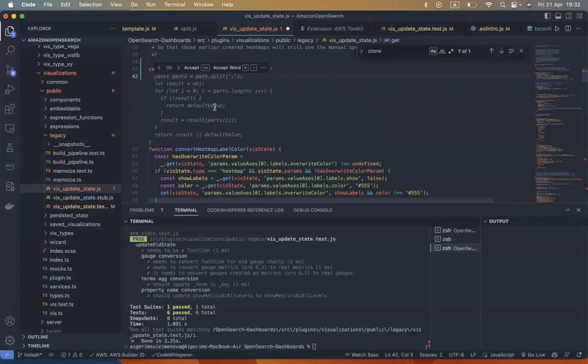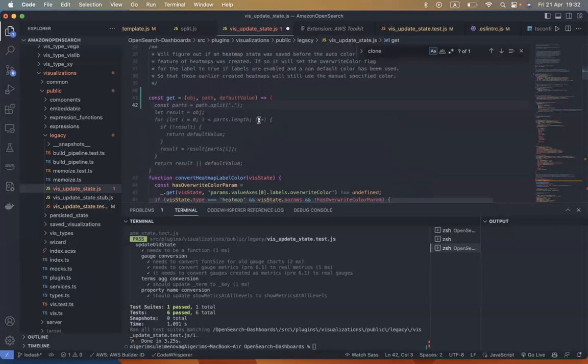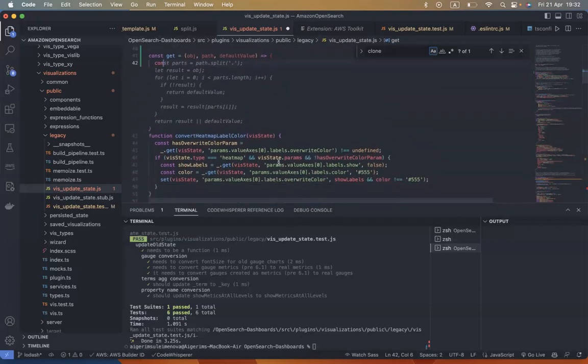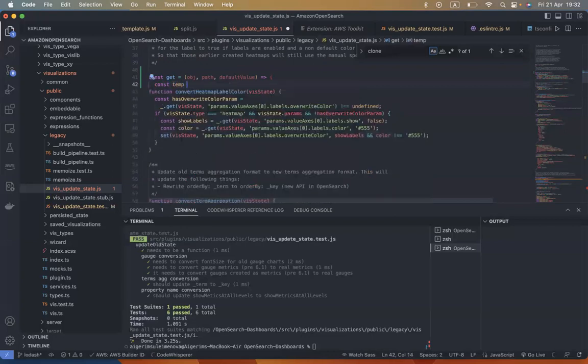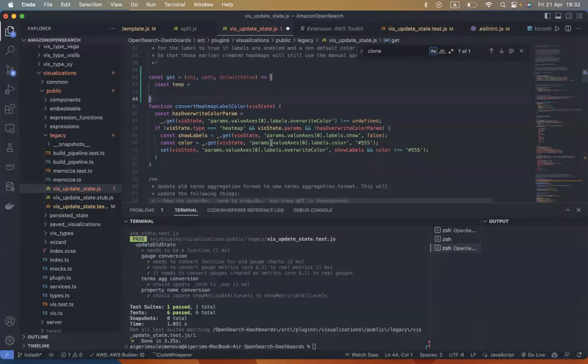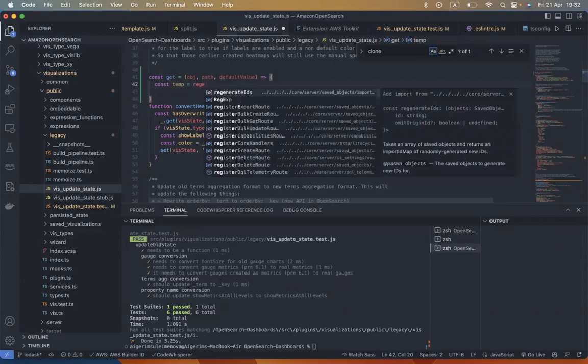However, I'm gonna write similar, but a little bit different logic, because here I have different usage of Lodash. So we need to create const temp, right? We create const temporary, which we will